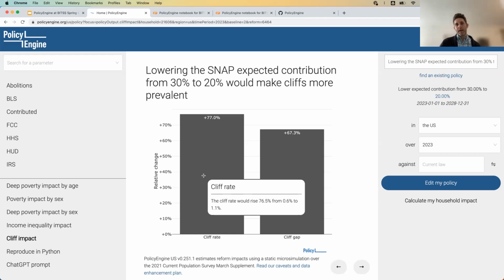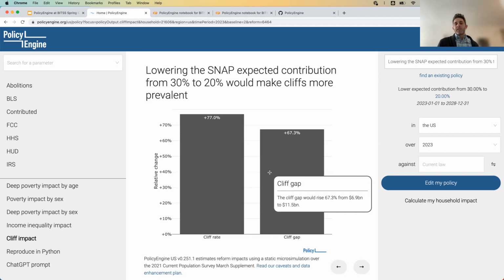They sort of compound, so there's increasing returns to adding more marginal tax rates. More cliffs are going to make cliffs almost exponentially larger. And then the gap is basically, in aggregate, of those people who are subject to a cliff, how much they would lose from those extra earnings.